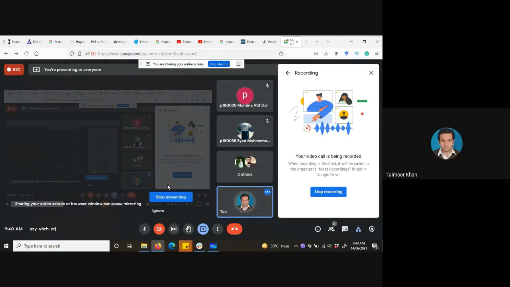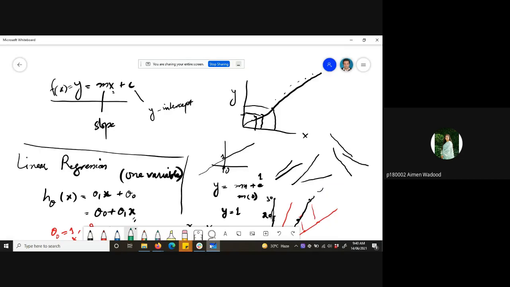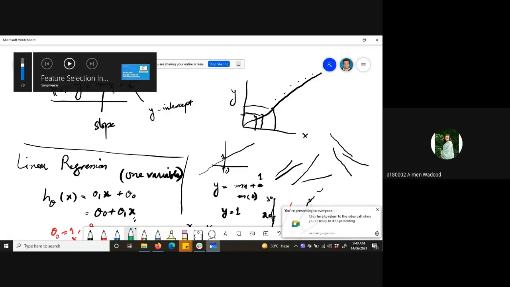स्क्रीन शेयर हो गई आपके साथ? जी सर। Yes, sir. अच्छा जी। सो